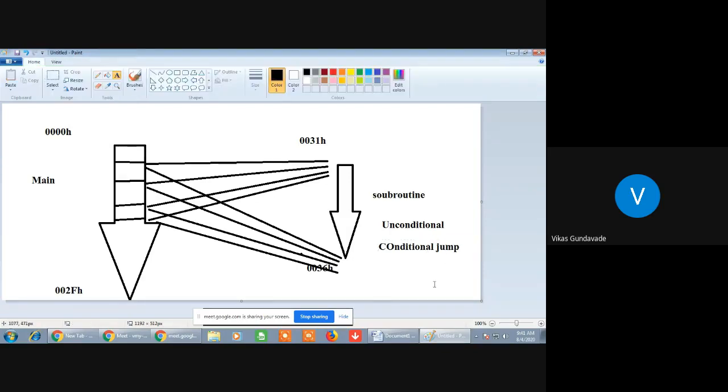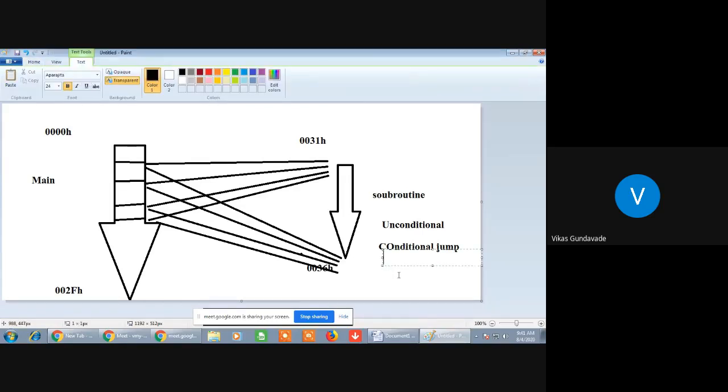Now, which are these conditions? These conditions are normally setting the carry bit or clearing the carry bit, similarly setting the zero bit or clearing the zero bit. So these are some specific conditions which I have given here.